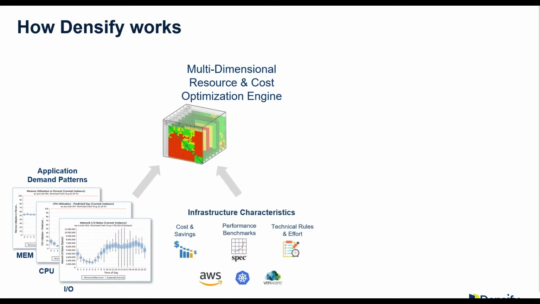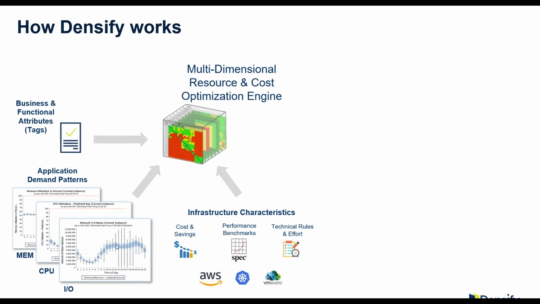And we're also feeding in information related to the infrastructure characteristics. So we understand the supply. So we understand the different technical capabilities, the cost of your different options and solutions across your different cloud providers. For AWS, we understand the difference in horsepower between going from one generation to another. So we understand supply. Because we understand both of those, we're able to fit, we're able to match your supply perfectly to your demand.